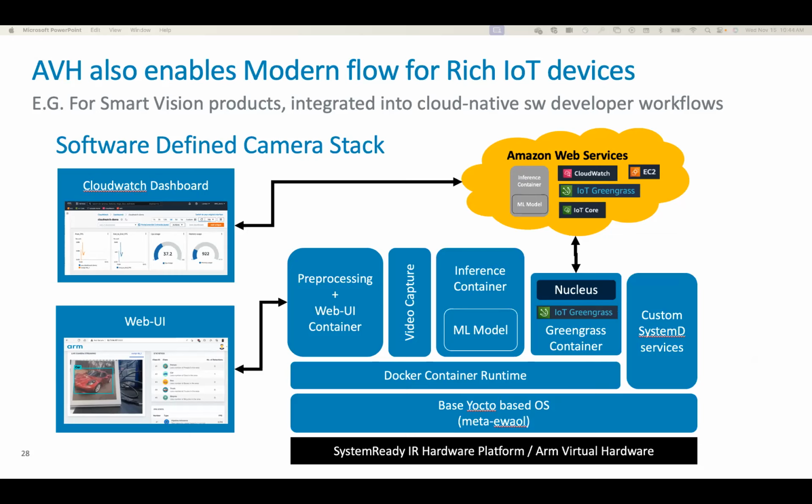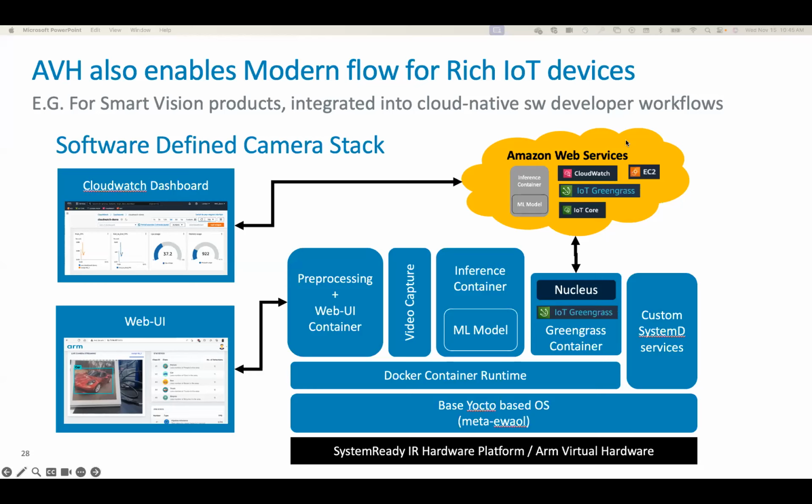So here we have a nice view of what we call an ARM standard system-ready, IoT-ready hardware platform, which ARM virtual hardware is compliant for, and basically runs an entire stack of software that ARM has put out there as a Linaro reference implementation that our colleagues at AWS have extended to make sure works with the i.MX ARM virtual hardware and their IoT Greengrass operating environment,